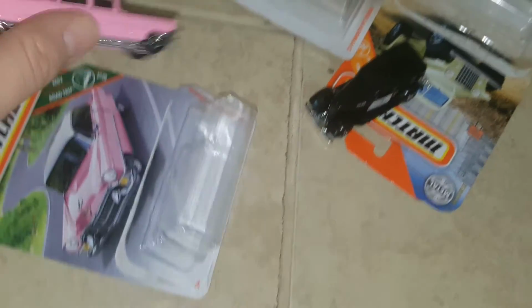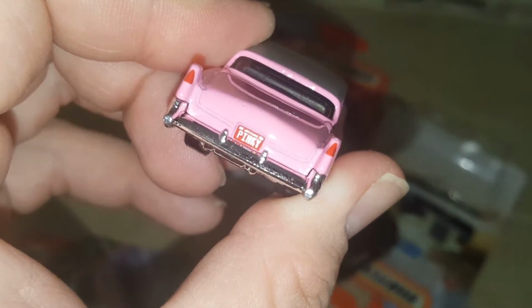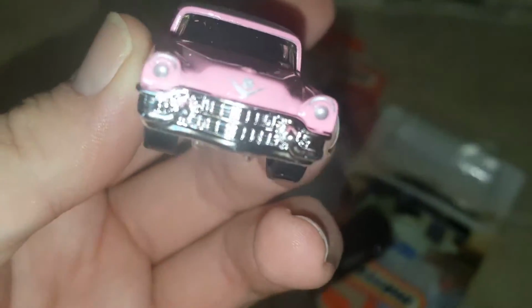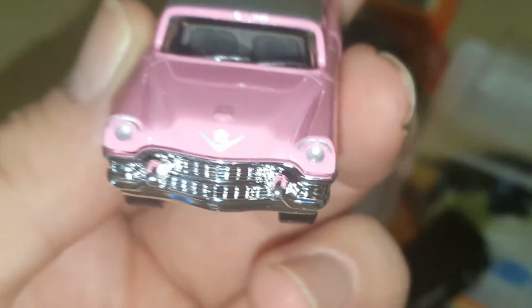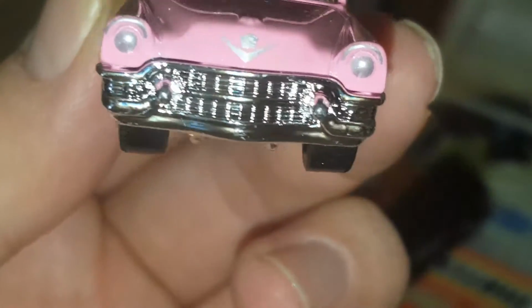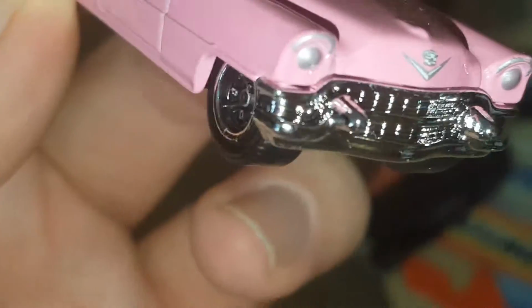This is a very beautiful Cadillac. I like the pink color. It has the lights, the rear lights and the front headlights painted on there. You got the Cadillac logo on the hood, the front of the hood. We got a little bit of chrome with a little bit of pink popping out, and those